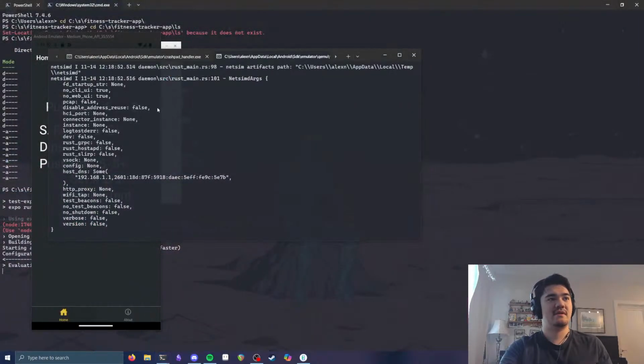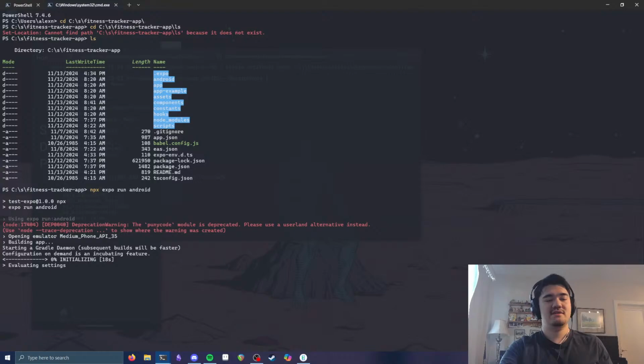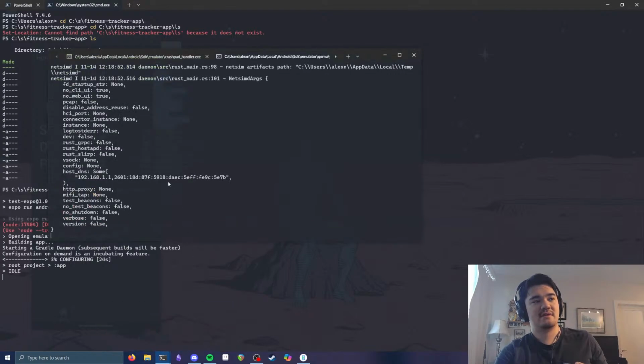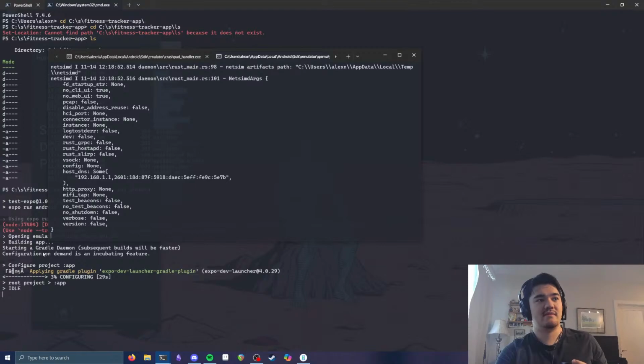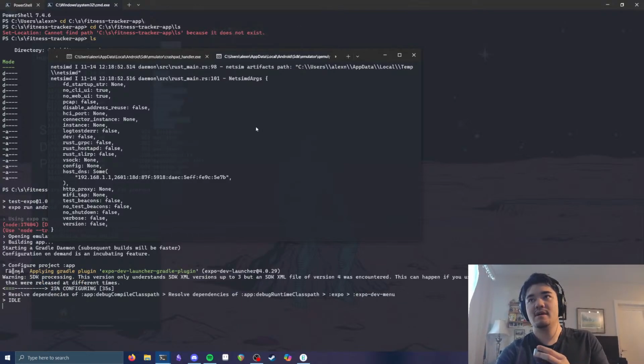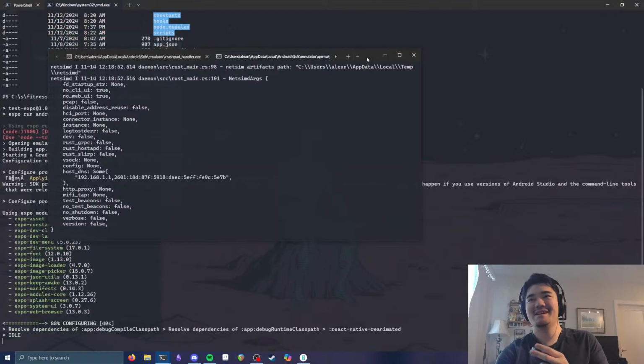That would be weird, because my main terminal window just opens up as my user account. This one I have no reason to believe is opening up as admin, because there was no admin UAC prompt. I didn't provide it into NPX to pipe into Expo or whatever. So I have no idea. If this keeps happening, I'll submit an issue